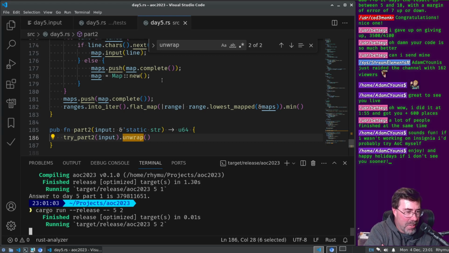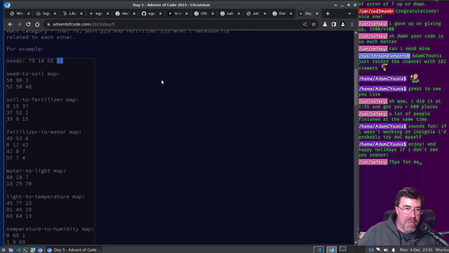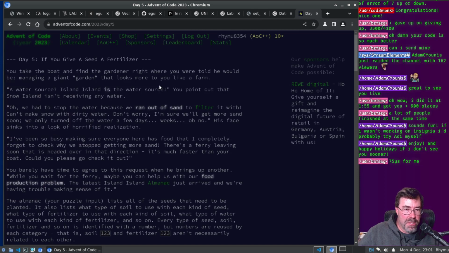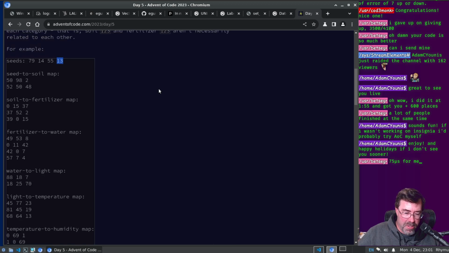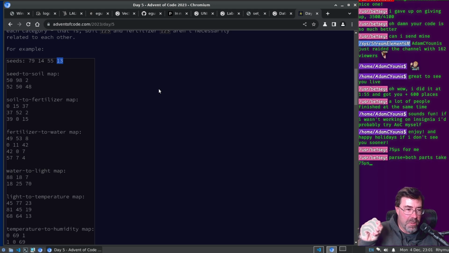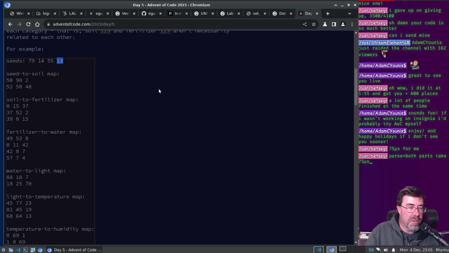If you weren't working in Insignia, you'd probably try AoC yourself, if you enjoyed solving puzzles. The puzzles are just whimsically Christmas themed, but they really just come down to kind of like LeetCode questions. They're supposed to be increasing difficulty, like easy on the first day, really hard at the 24th day, and then they give you an easy one for Christmas. But sometimes we have easy days, and sometimes we have rough days, like today.